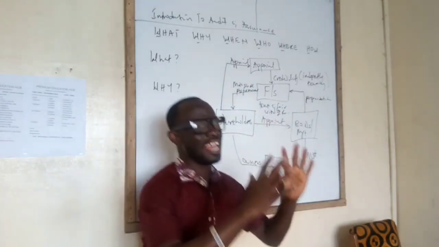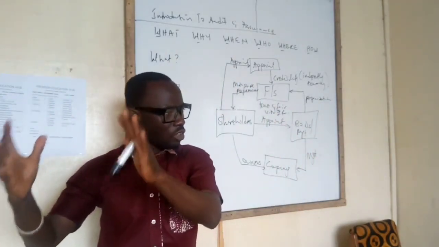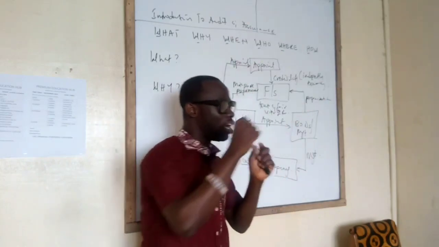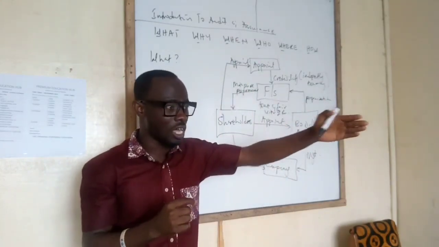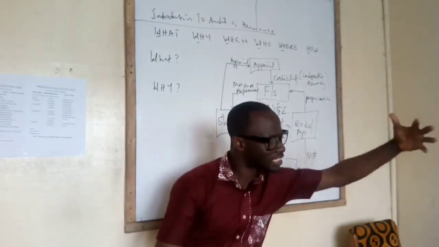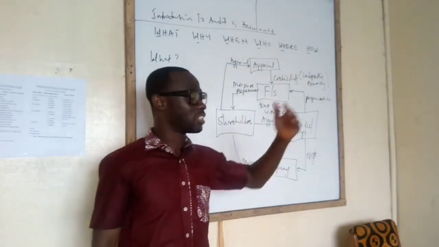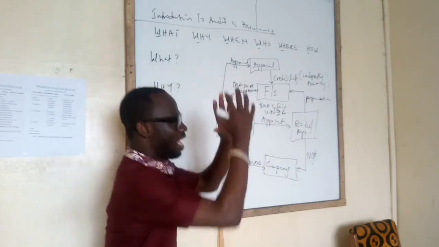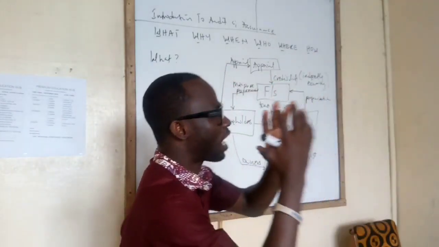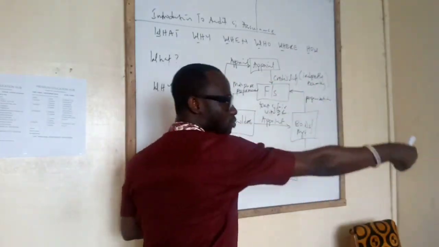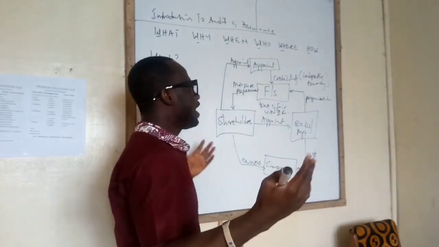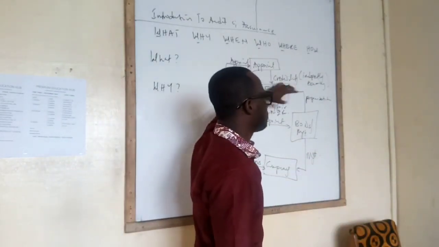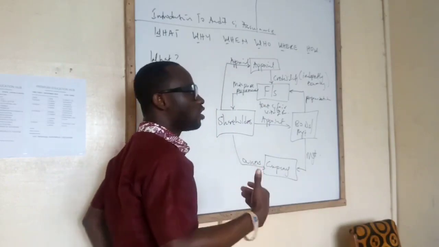Now, the Commissioner General of the Ghana Revenue Authority can also appoint an auditor to audit the financial statement of the company if they realize that the tax filed by the company is faulty or contains some fraud or errors. So there are different people who can appoint auditors, but there are different objectives for them. In addition to the financial statements, not only are auditors going to be auditing